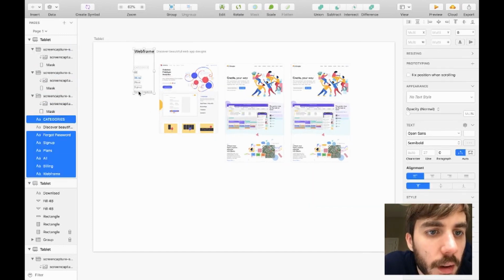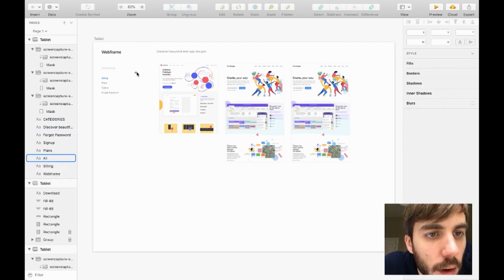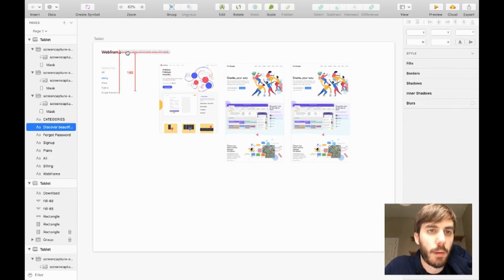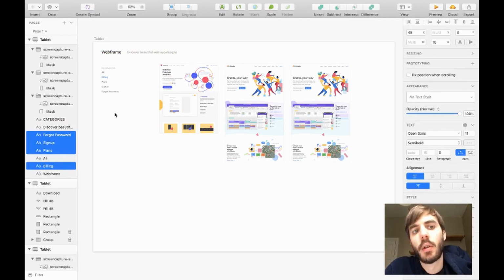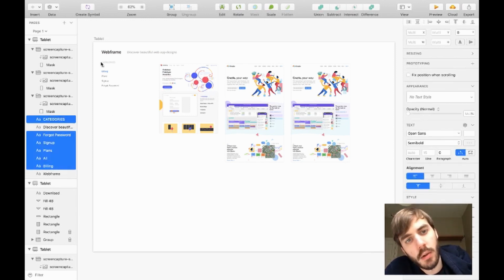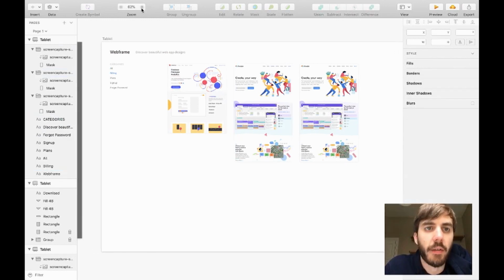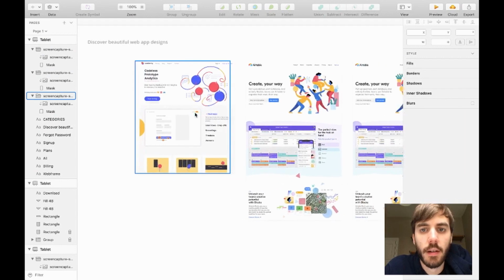Although possibly not really. I think it actually looks better if you just have it. This is a very wide screen, but you basically